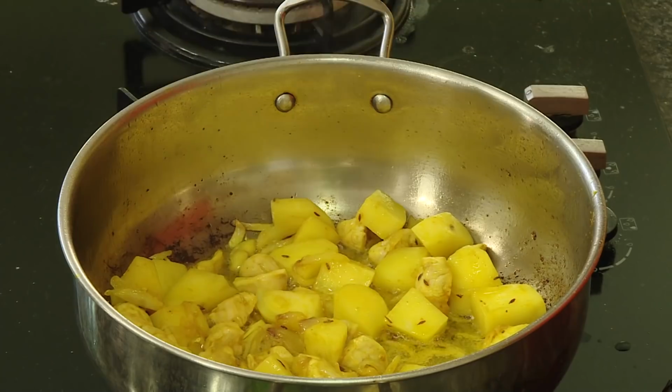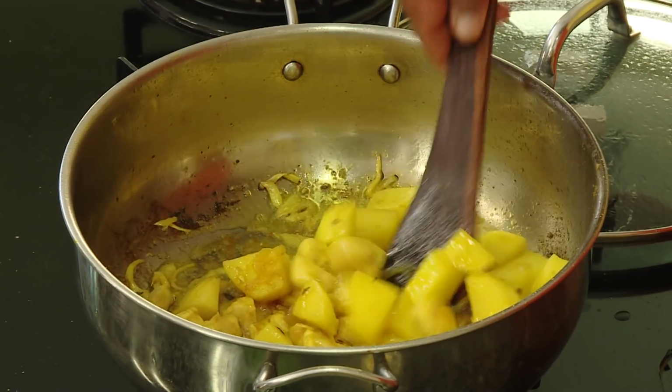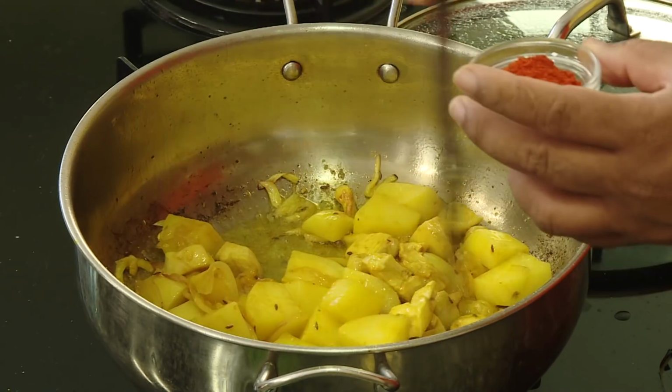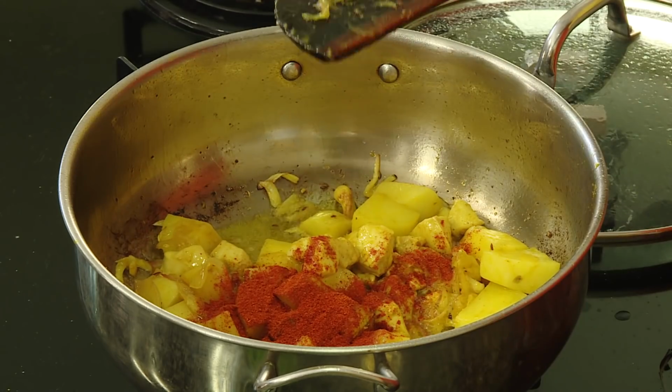The green leaves do not need too much time cooking, but if you want that awesome taste, you got to kind of fry these little greens. Let these chicken and potatoes cook for another 2-3 minutes. With the lid on and cooking these chicken and potatoes till they are half cooked, in this add the masalas,